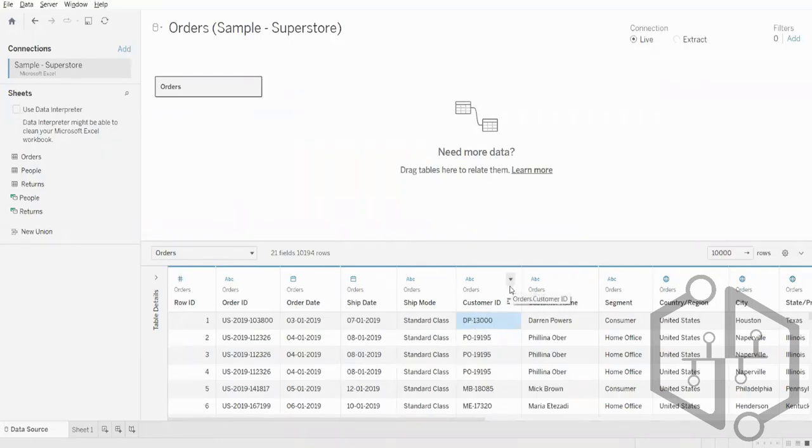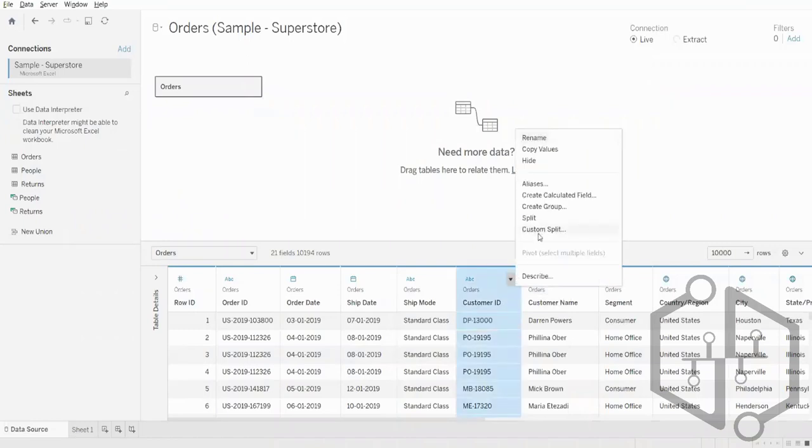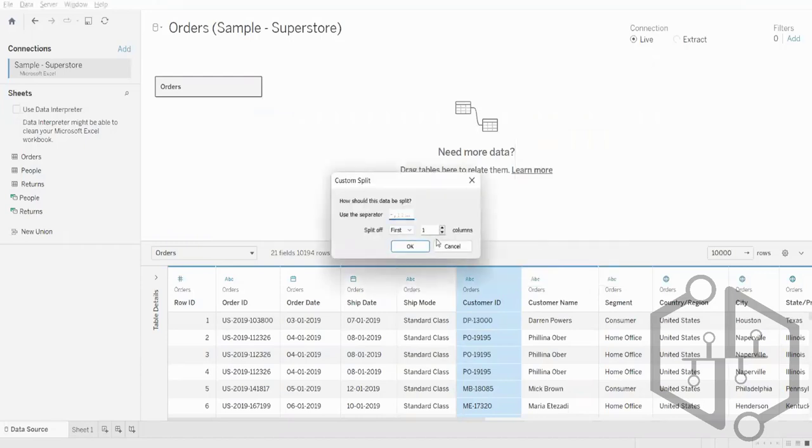So over here, when we want to split, what we will do is we will go over here and click on custom split. So see, custom split basically is where you have to define the delimiting factor. Over here, the delimiting factor is hyphen and split off first. Okay, so when I click OK,